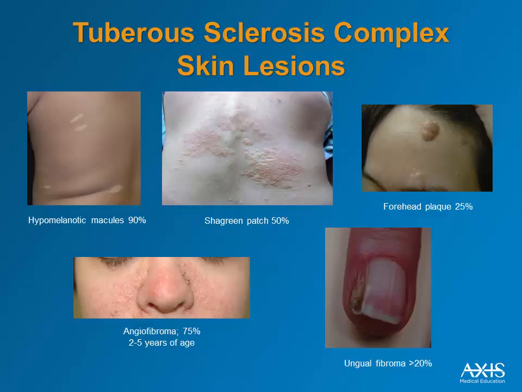Angiofibroma is a characteristic facial lesion, usually on the face. There are instances where it might occur elsewhere, but very typically on the nose and on the cheeks. It appears, as you see, between about 2 and 5 years of age. Often it is confused with acne, but does not involve skin pores like acne does, and consists of connective tissue and